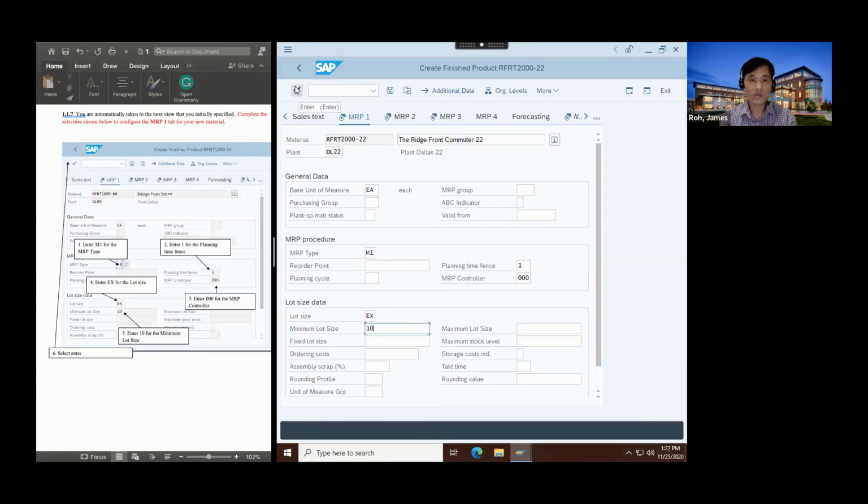So this is how you are going to complete lab 1. So follow the direction. Just be careful that you need to create additional finished product and additional raw materials, additional semi-finished product, so that you have